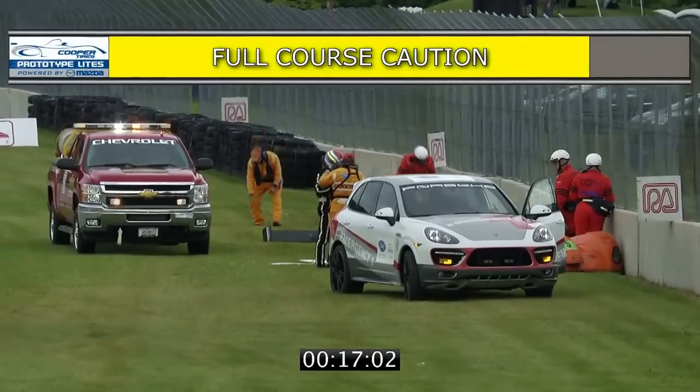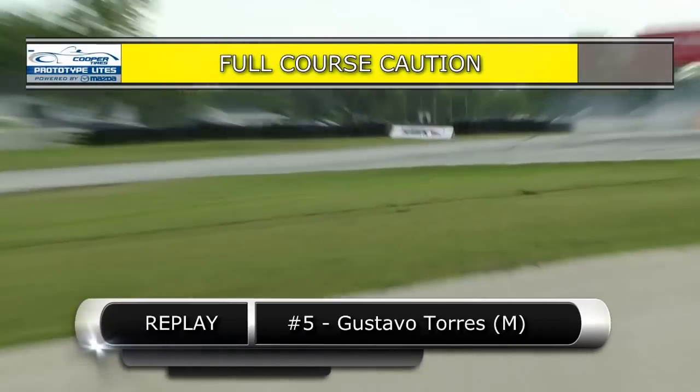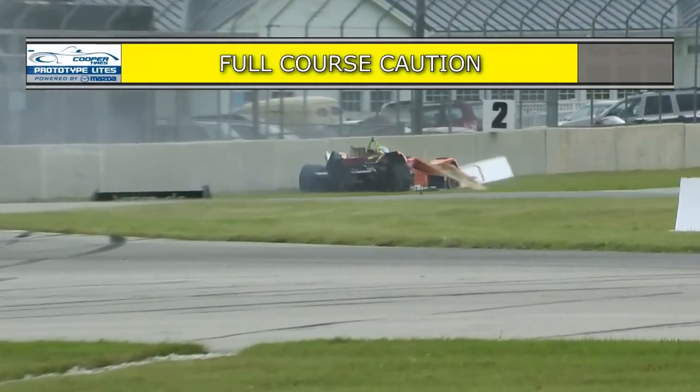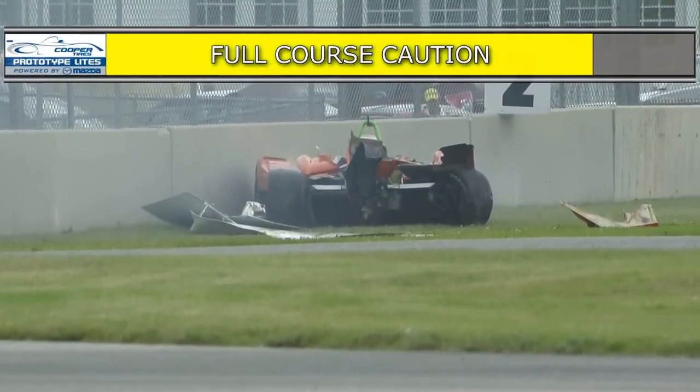On the full course caution, they get to drive around a bit. They get to think about the way they've been running the race, any mistakes they might have made. And we actually do get a little replay here of Gustavo. It's a little late. Wow. Oh, but he did hit hard. That was a tough hit. That was a really big hit. So I don't blame him at all for taking his time getting out of that car. Sit in the car, catch his breath, make sure everything's working, and wait for the safety crew to come get